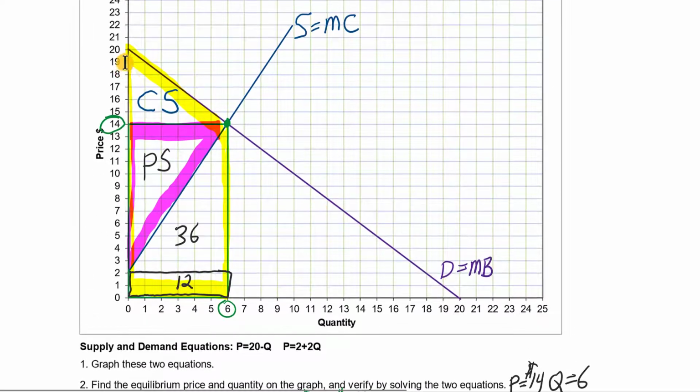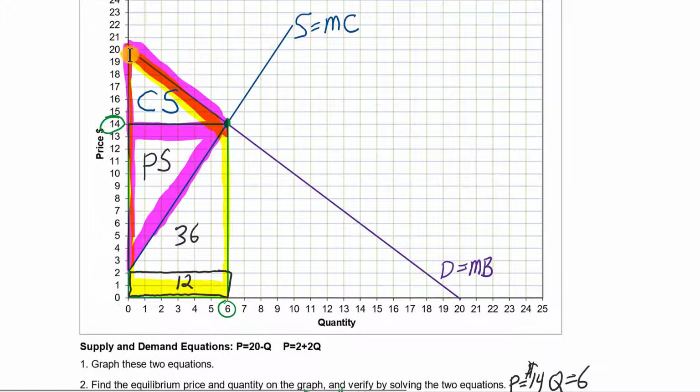Graphically, we're looking at this triangle plus this pink triangle. Let me highlight the entire thing in pink. Sometimes it's easier if we just think about that total surplus as being one large triangle. You can get it 2 ways. You can add the consumer surplus plus the producer surplus, or you could just calculate the area of this large